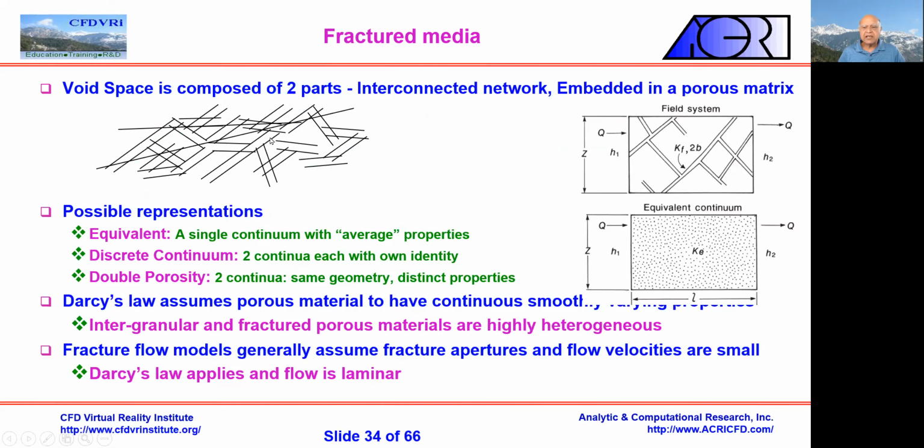So the pore space can be composed of things like that, which is an equivalent continuum, or it could be certain fractures in a certain order, okay, like this. That happens in the rocks, okay, that they fracture along certain fault lines. But then you can also have random fractures in the rocks, okay. So there are all these different kinds of things. They're interconnected networks of all kinds. So these representations will give you either an equivalent single continuum with average properties, or there may be two different continua, each its own one. For example, the fractures may be separate here. Okay, no flow can go, or very little flow goes to the rock. It's all going in a preferential direction. Here it's going kind of anywhere. Here it's definitely going anywhere.